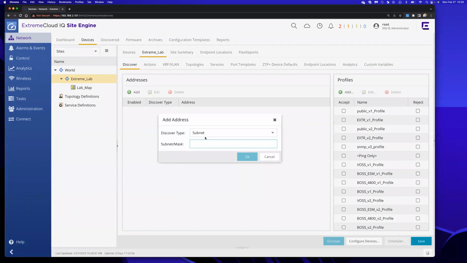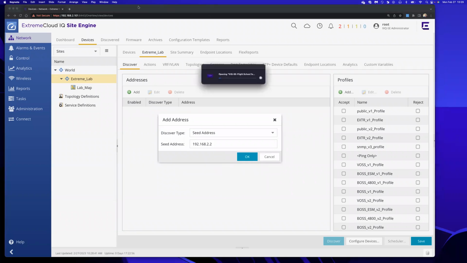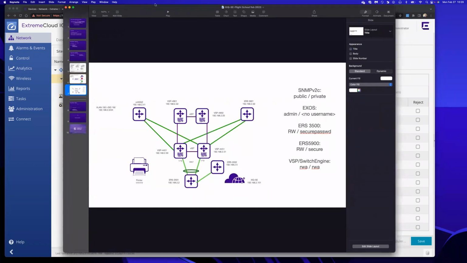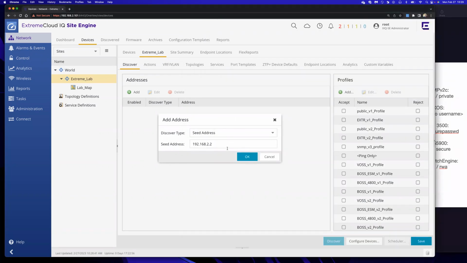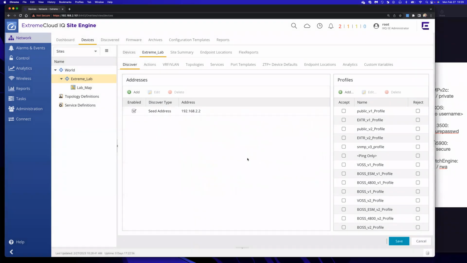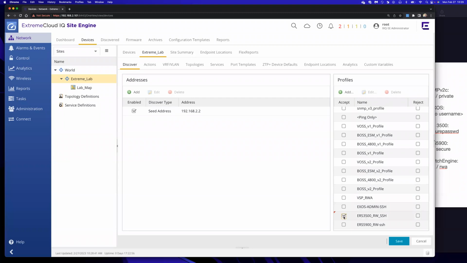So we know that the first two switches are connected to each other at 192.168.2.2 and 192.168.2.5. So they're connected. So I'm going to do a seed discovery. I'm going to point it at the first ERS 3500. I'm just going to bring up our map. So we're going to discover the first two switches here at 192.168.2.2 and 192.168.2.5. We're going to use a seed address. So I'm going to click on OK. And now I'm going to pick the 3500 series profile, save,